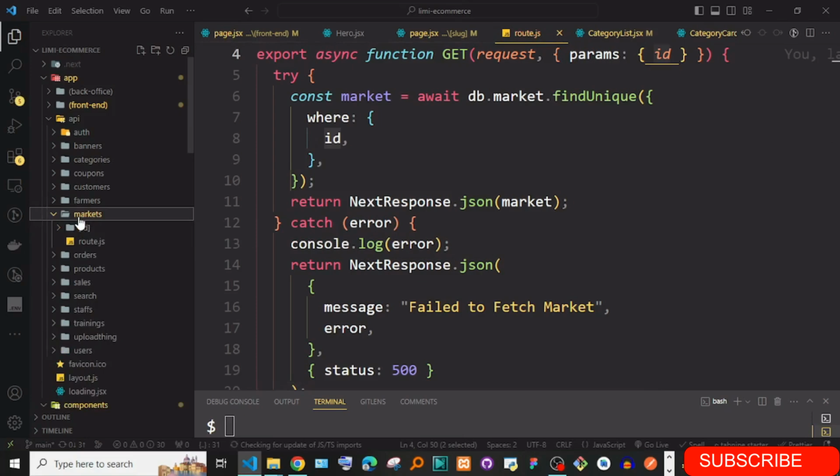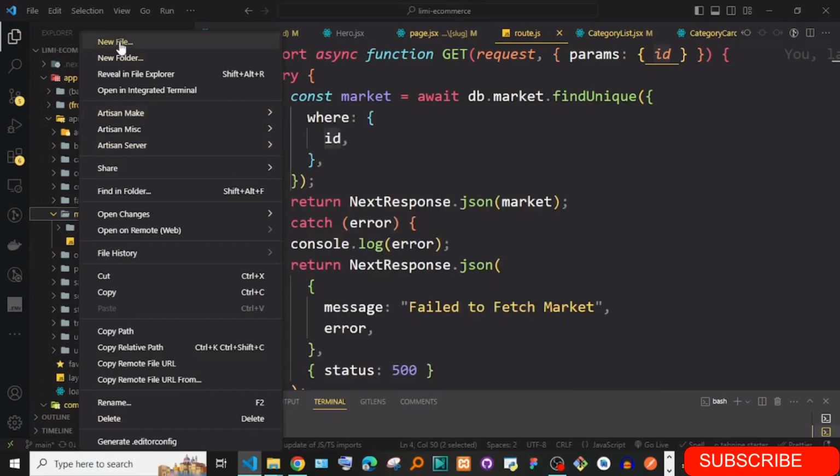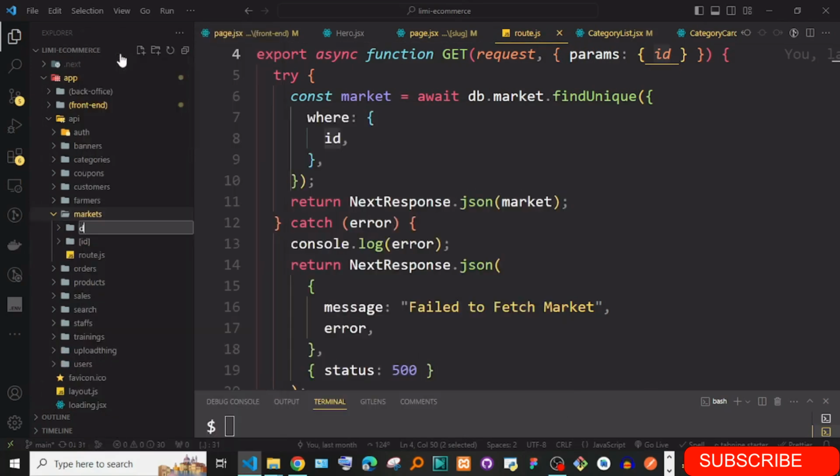So I'm going to put another one, market. I'm going to create a folder here and call it details, and then I'm going to create another folder called slug, and then I will have route.ts. Okay, so I'm going to create other folders like this, copy this,